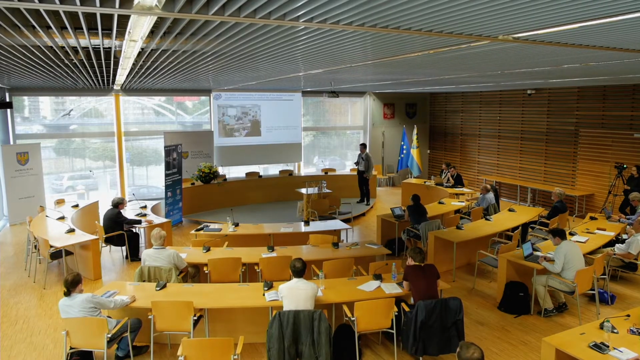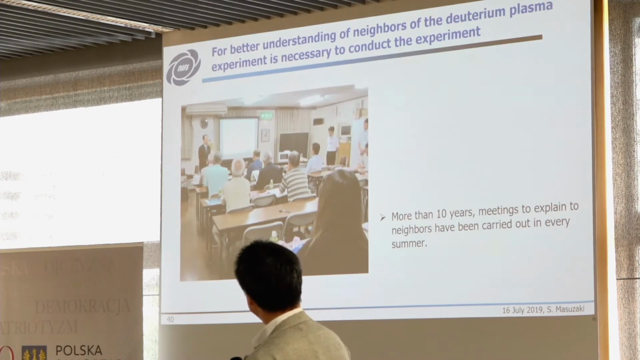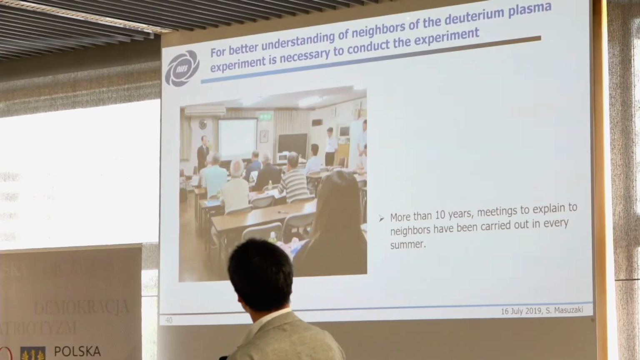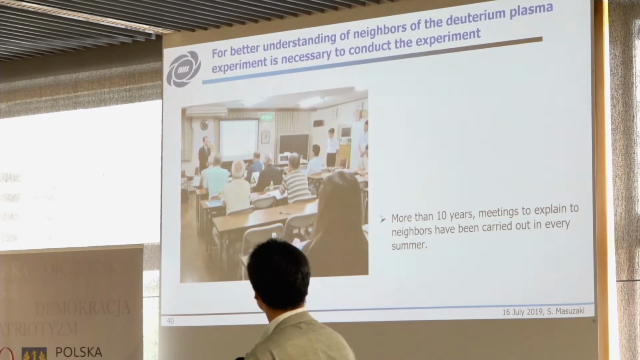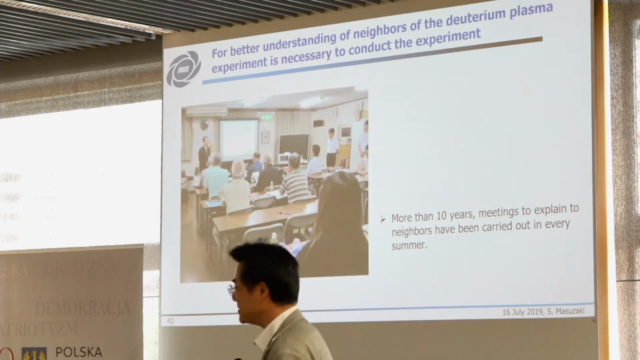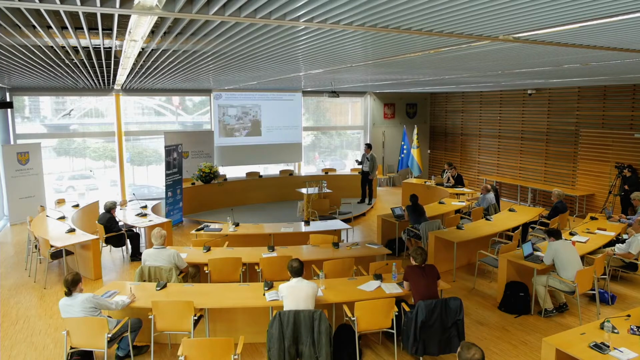So this is not a scientific talk, but I'd like to show you. For better understanding by neighbors of the deuterium plasma experiment, it is necessary to conduct this experiment. Because the deuterium plasma experiment generates neutrons and tritium, the neighbors may be afraid of such radioactive things. So we have to explain